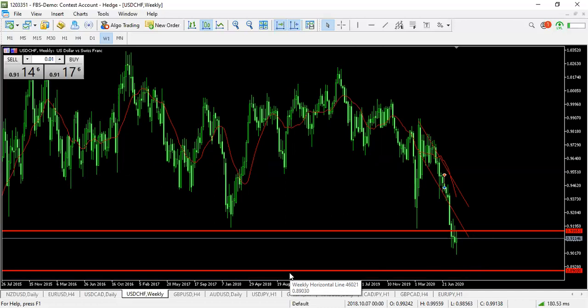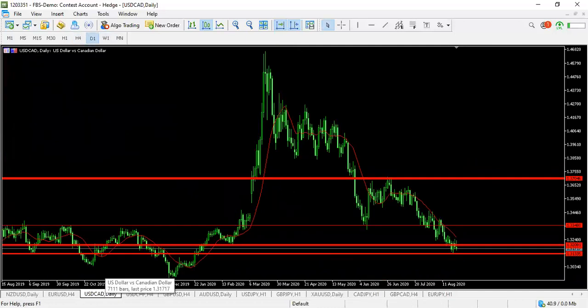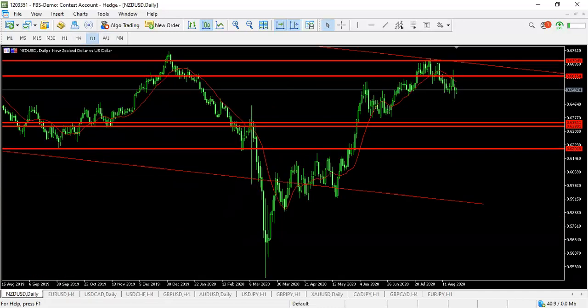weekly forex forecast from me, Eugene. I hope you kill this week as well. Make sure that you remember all the pivot points, and make sure that you remember everything that I mentioned on